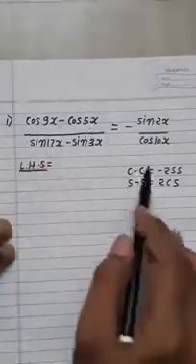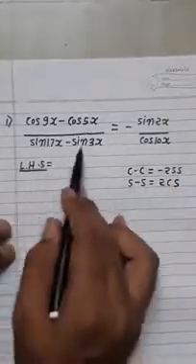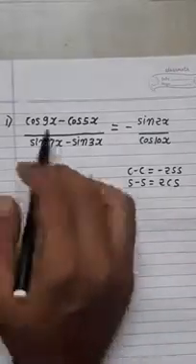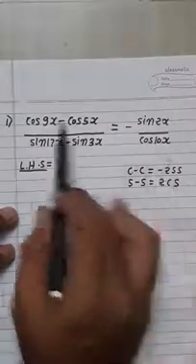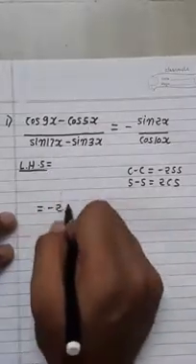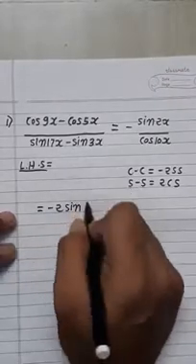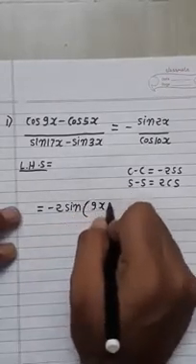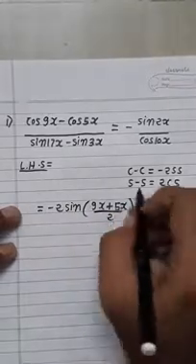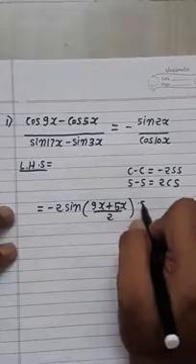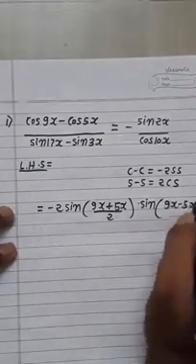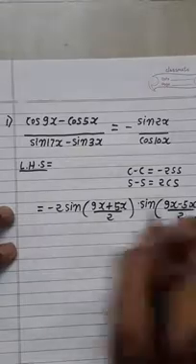So in the numerator we can write minus 2 times sin of (9x plus 5x) divided by 2 into sin of (9x minus 5x) divided by 2 upon,